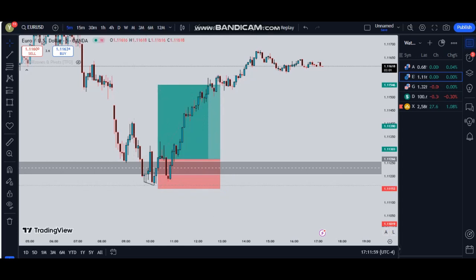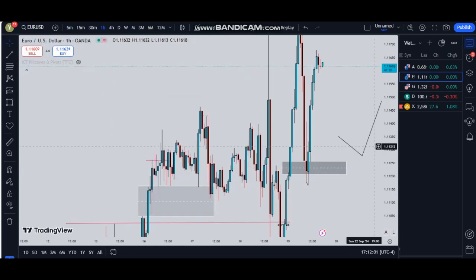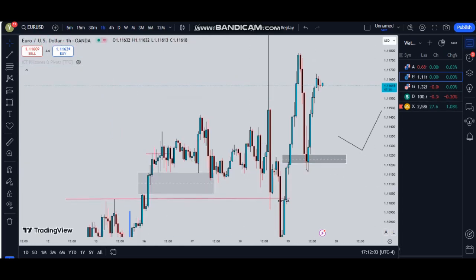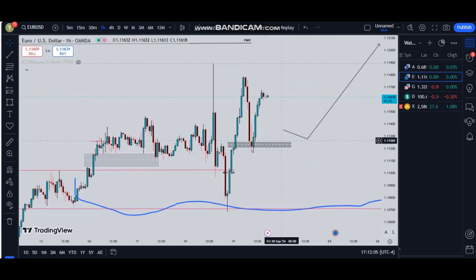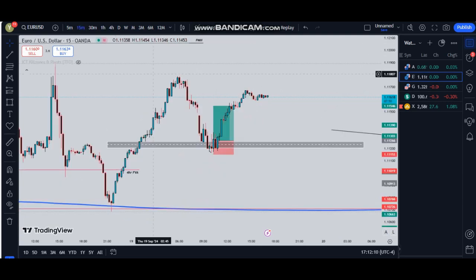And after identifying the 4-hour fair value gap from which I was expecting a reversal off of, then I dropped lower to maybe identify that our price had already retraced the OTE levels. After I've seen we had the 4-hour fair value gap in line with the 0.5 level, or the fair value gap was around the equilibrium. So immediately price dipped below the 0.5 level, also created the first fake move, which is always visible